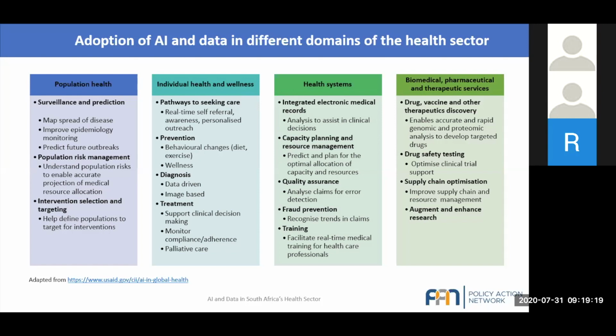Okay, and then moving on to the biomedical, pharmaceutical services, where AI is incredibly important, not only for drug and vaccine discovery, but also for optimization of clinical trials, and in making sure that those clinical trials, which usually take years and years, we manage to model those using AI so that that time from benchside to bedside is limited. And that's a fancy way of saying that we ensure that our vaccines get to people sooner, or therapeutics get